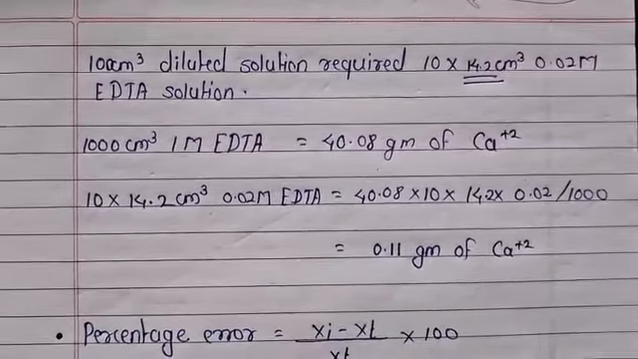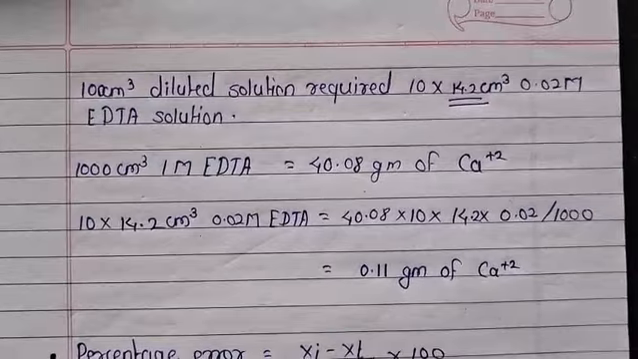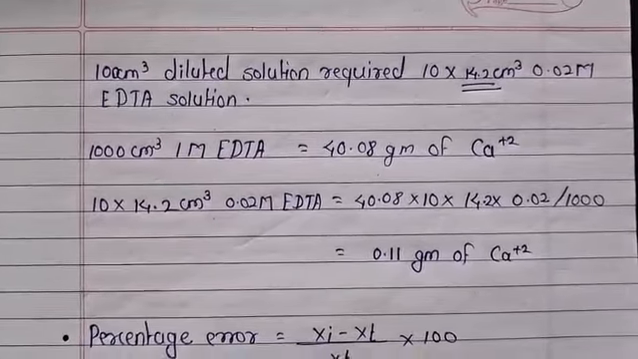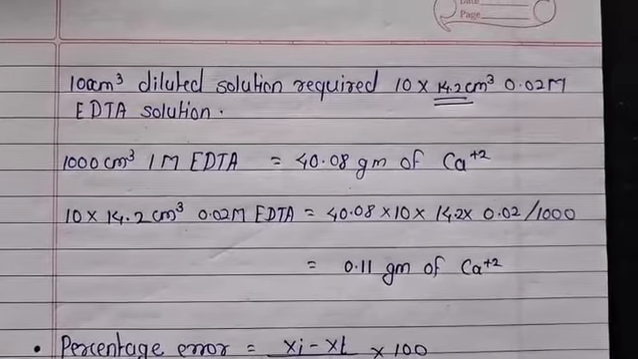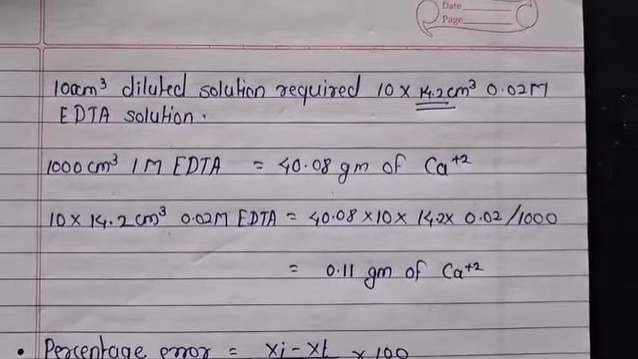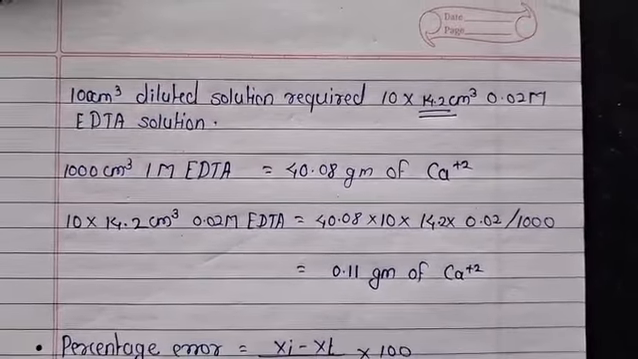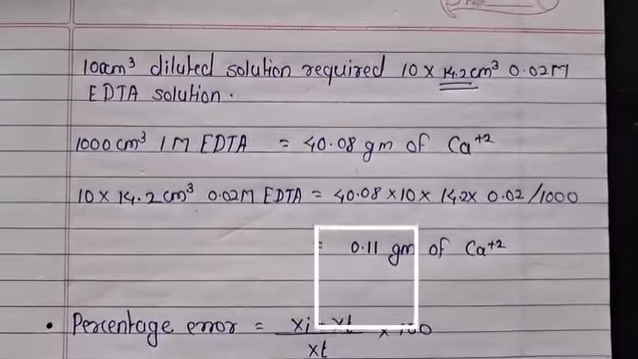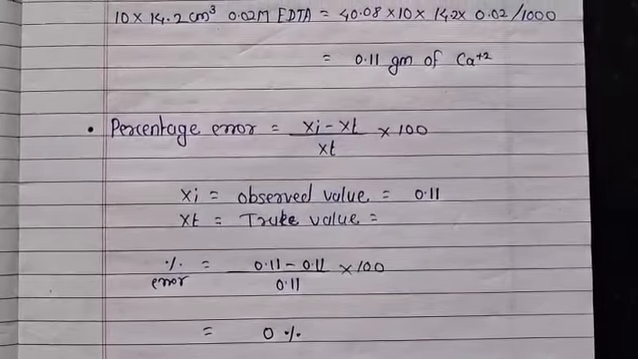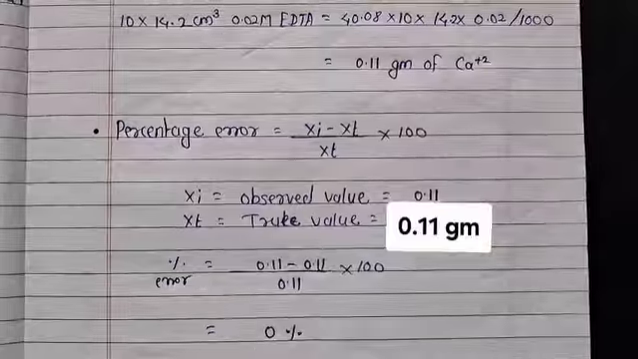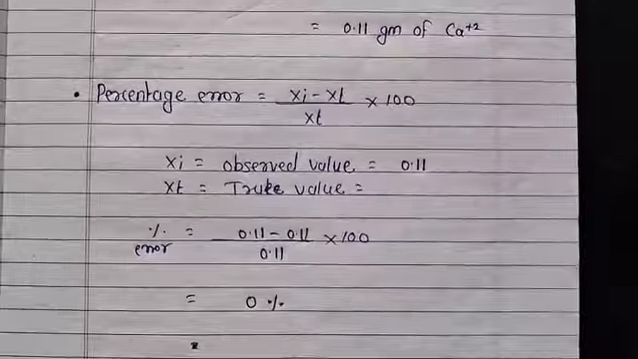By stoichiometry, 1000 cm³ of 1 molar EDTA is equal to 40.08 gram of calcium, and therefore 10 cm³ of diluted sample solution contains 40.08 into 10 into 14.2 into 0.02 upon 1000, which is equal to 0.11 gram of calcium. The true value for the given sample is 0.11 gram, and hence the percentage error observed for this sample is